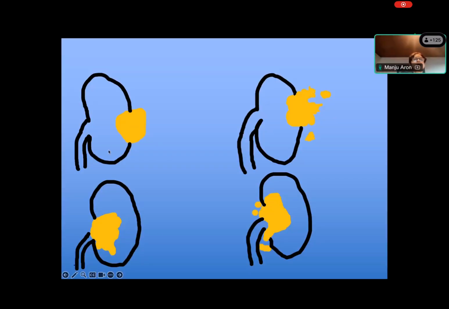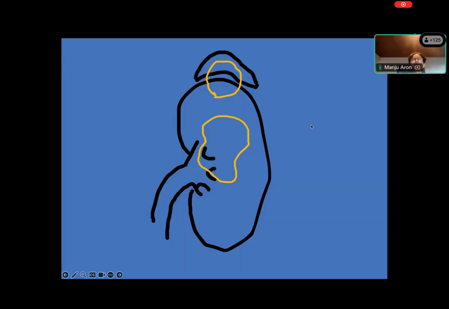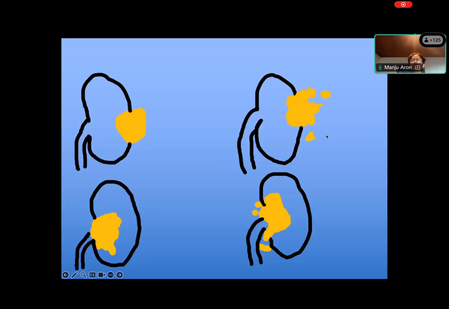You can see here to your left, you have this tumor which has a nice smooth interface with the perinephric fat here. This is an exophytic tumor which is protruding in the fat. Here's another tumor which is more central in location, but it has again got a very smooth interface with the renal sinus fat. And then you have tumors like this where the interface is irregular. And then you have these discrete nodules further out in the perinephric fat. Or here the central tumor again, you can see it's irregular, and then you have these circumscribed nodules that you see in the renal sinus fat.